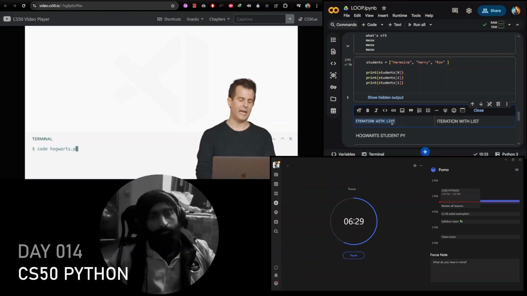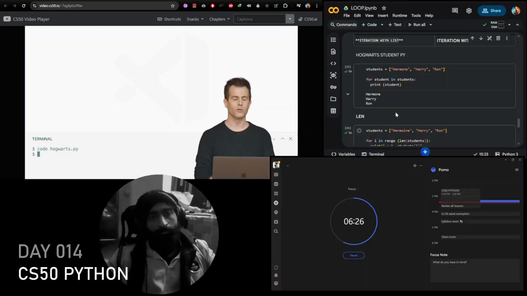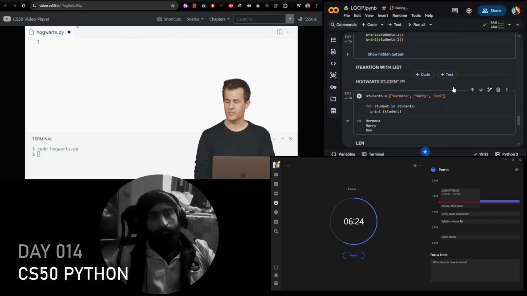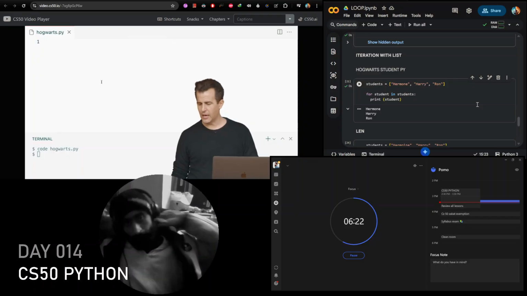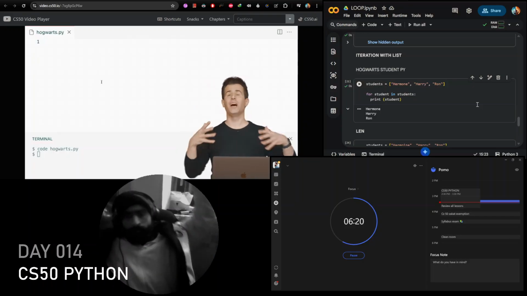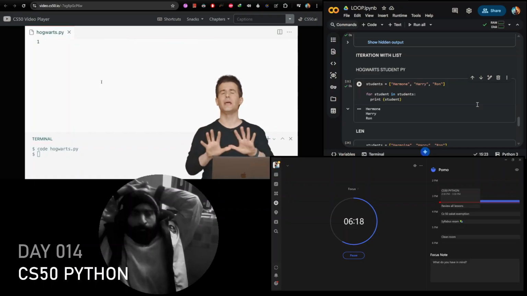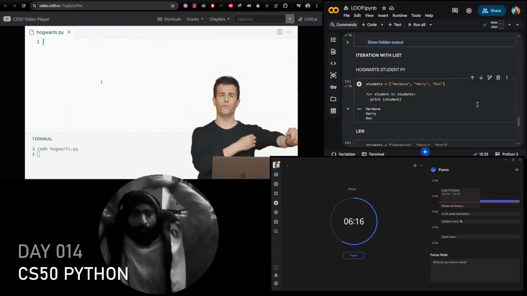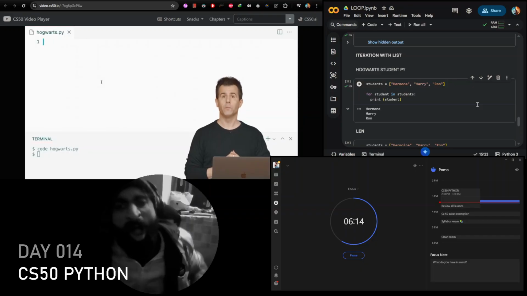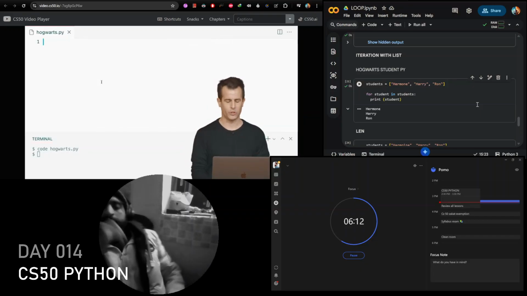And let's see if we can't have a list of students at Hogwarts here. So I have a new tab called hogwarts.py. And let me go ahead and propose that I just define in this program a list of students whose names I know in advance. So I'm not going to get user input for now. I'm just going to know from the get-go that the 3 students I want to consider are these.